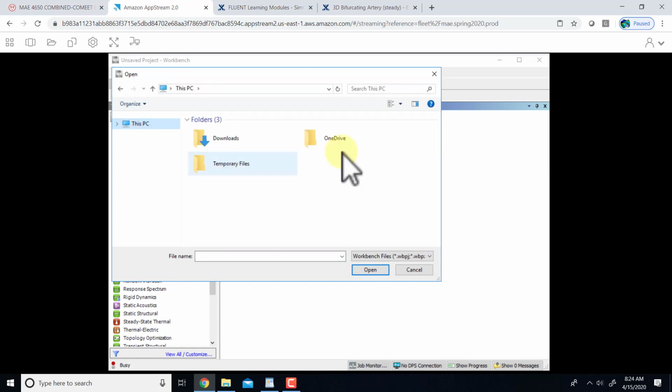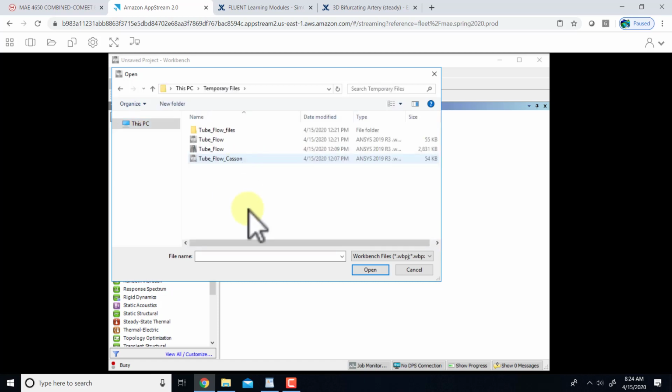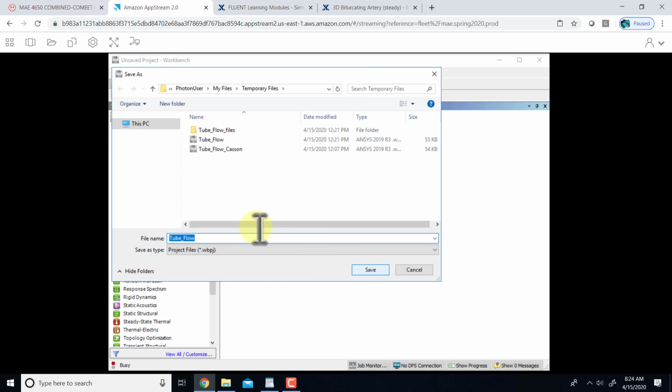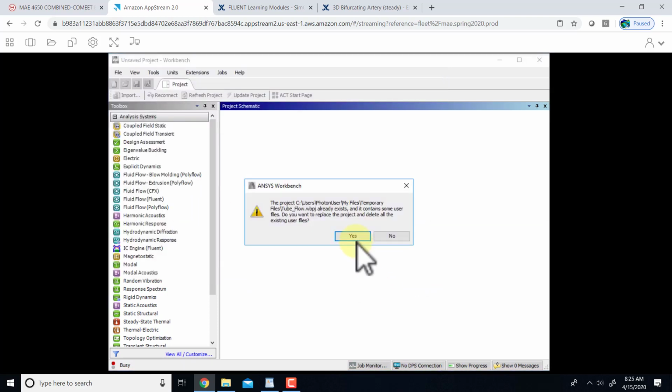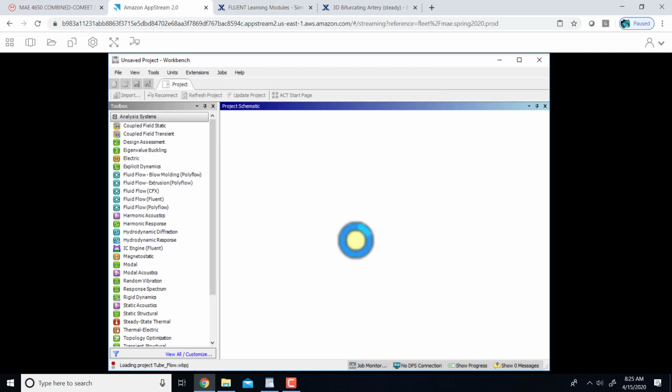And if I go to This PC on Apps on Demand, I can work on OneDrive, which is my network drive. I've noticed that it's a little bit slow, so I'll live dangerously and work off the temporary files. I need to save everything at the end and copy it out. Otherwise, when I log out of Apps on Demand, I'll lose it. And I will open my WBPZ, and it's asking me to save in the conventional format. So I'll save it, I'll overwrite it,